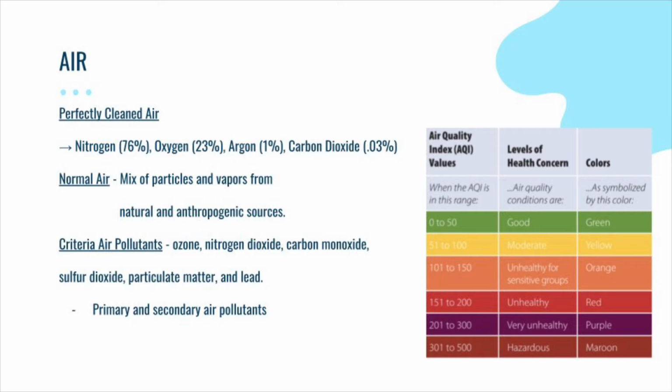Perfectly clean air is characterized as the following: 76% nitrogen, 23% oxygen, then we have 1% argon, and 0.03% carbon dioxide. This perfectly clean air cannot be found in the natural environment, but it can be produced artificially through filtration